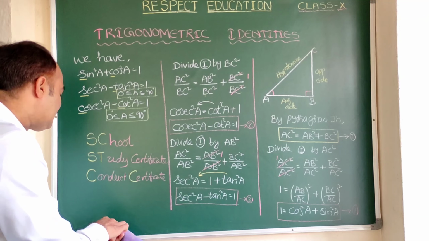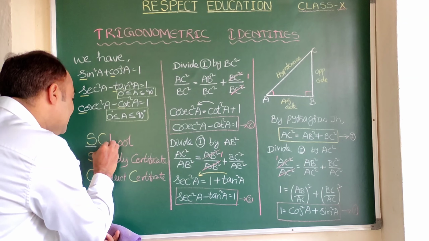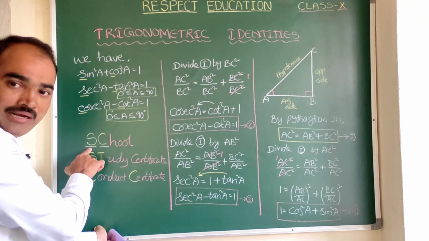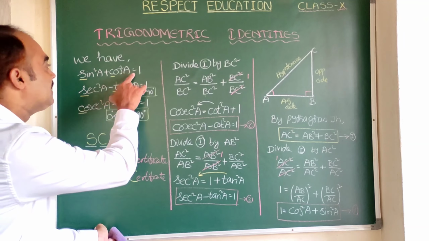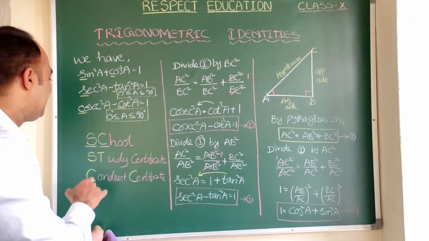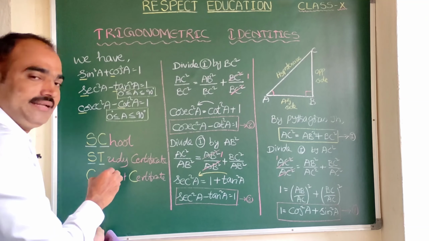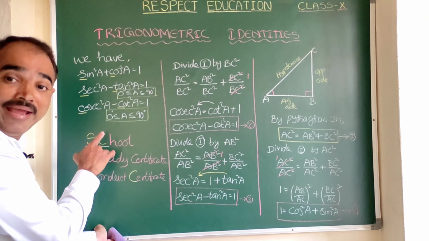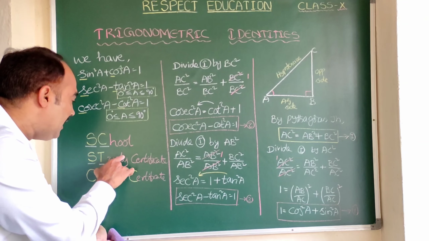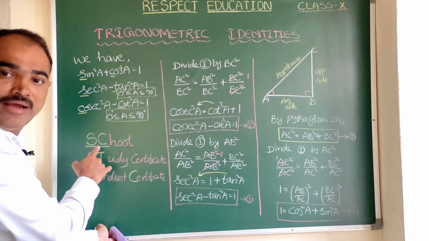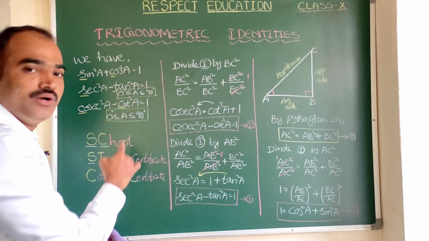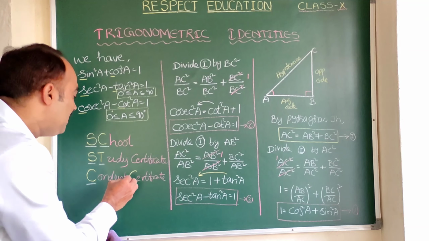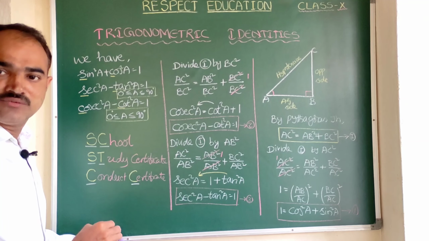Here you see which letters are here. You see this is S and C, using which you can remember the first identity, that is sin square theta plus cos square theta is equal to 1. Now for the second one, it is S and T. So remember this as secant square theta minus tan square theta is equal to 1. Do remember that the last two will have minus. And third one, this C stands for cosecant square theta minus cot square theta is equal to 1.